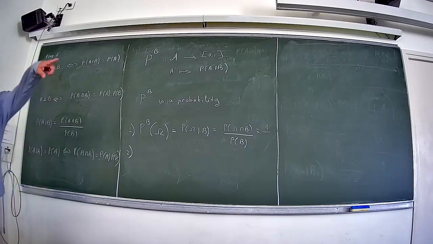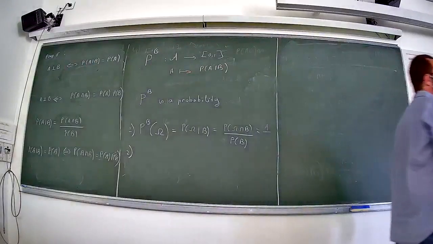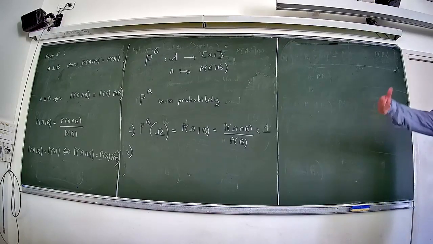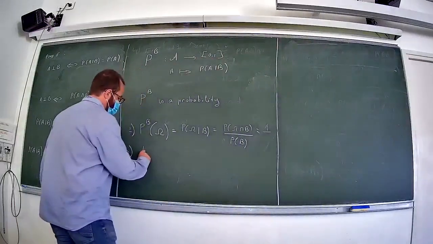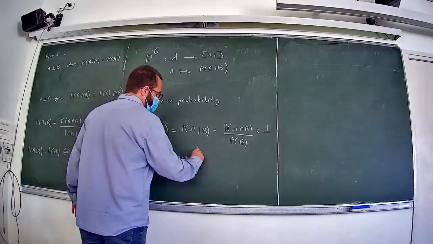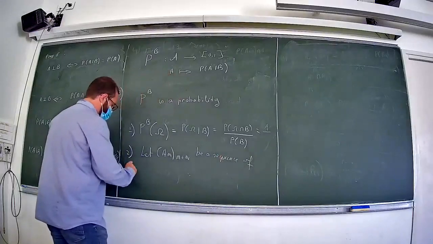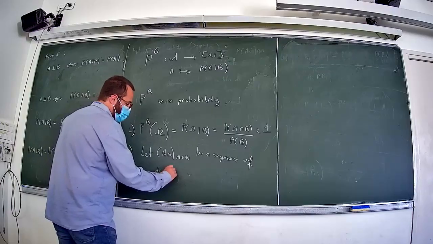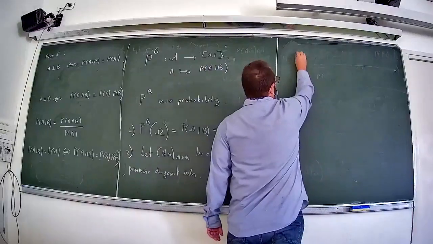So second point, I have to prove what I have called the sigma additivity. If I have a sequence of pairwise disjoint sets, then the probability of the union is equal to the sum of the probabilities. So let's start with a sequence of pairwise disjoint sets and see what happens. So let A_n be a sequence of pairwise disjoint sets. Okay? And I am interested in P_B